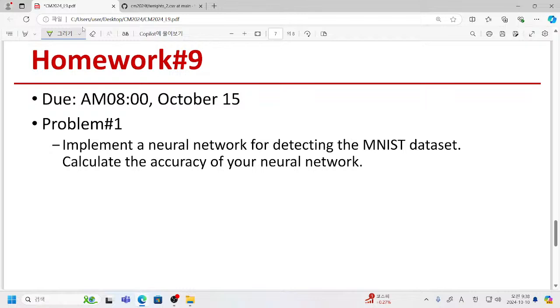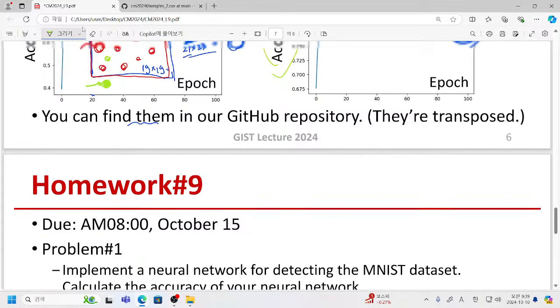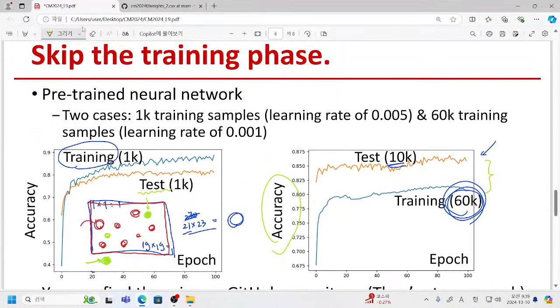You will have 80% or higher for your data set, because I have done it for the full data set. If you check the accuracy for the entire test set, your neural net should give us about 80% accuracy,